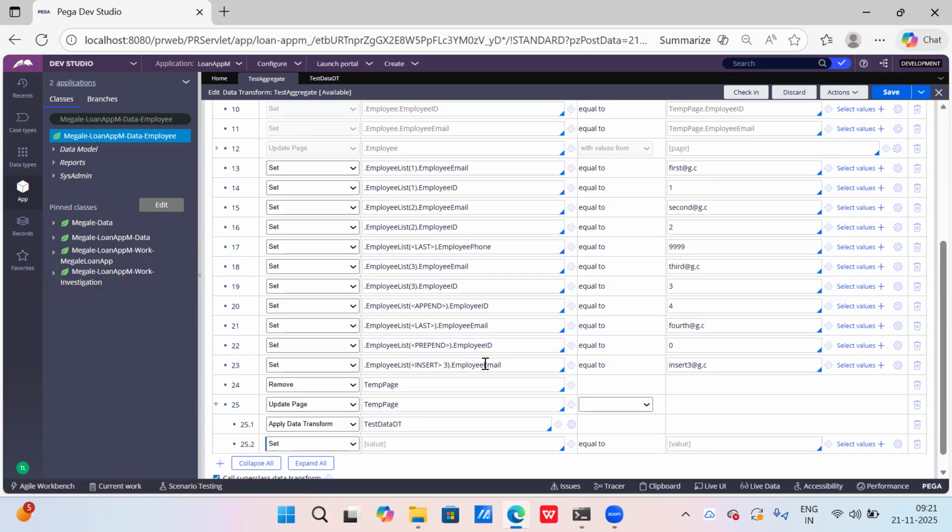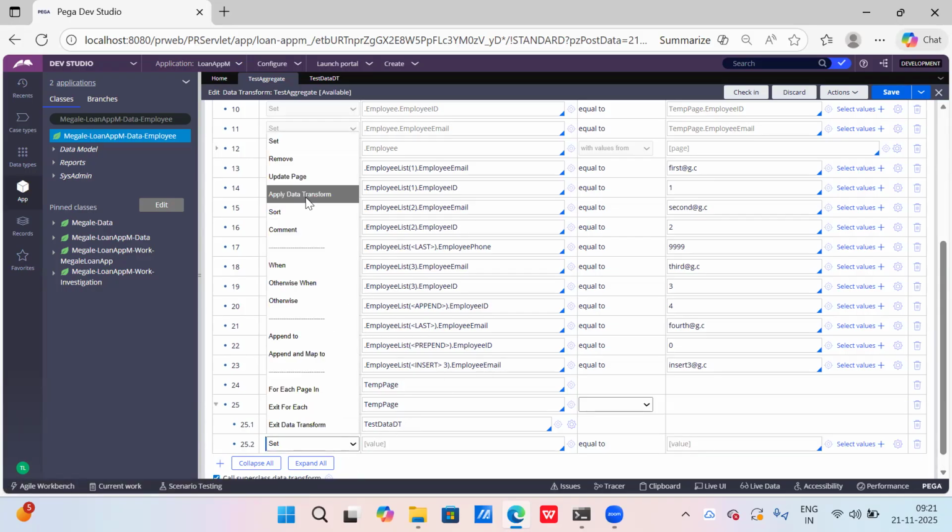No. If you see here, we have discussed all these actions, right? But in these actions, do you have any specification to call a decision table or decision tree? Ideally, I'm not able to find anything here. But yes, you will be asked how to call a decision table from a data transform. But in an activity, you have a direct method.